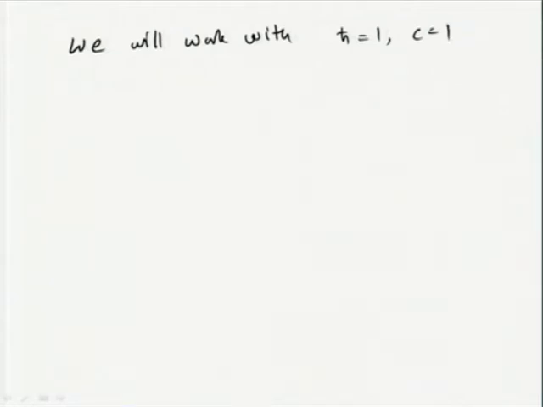This is all right, we can do that. This is a new unit system that we are considering, not the SI unit. It is called the Lorentz-Heaviside unit, and in this unit system we will have